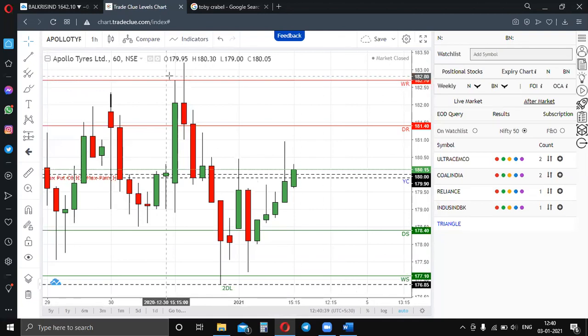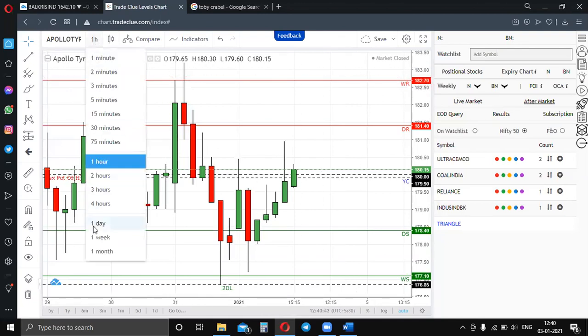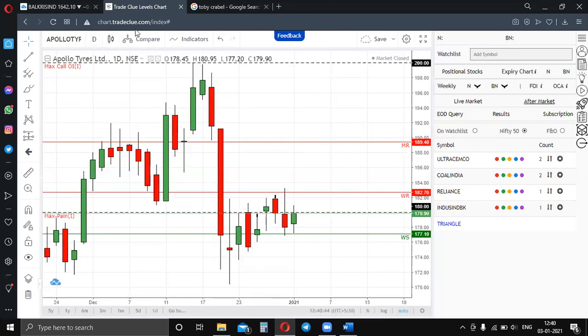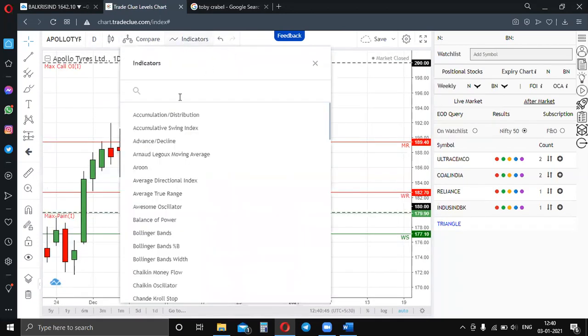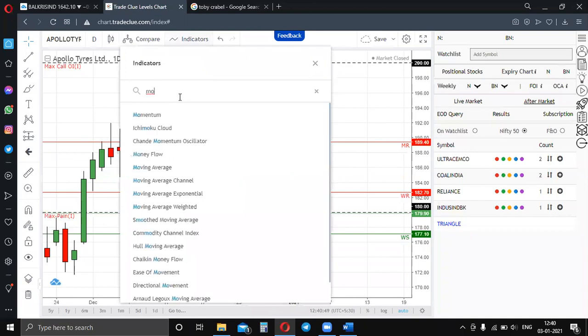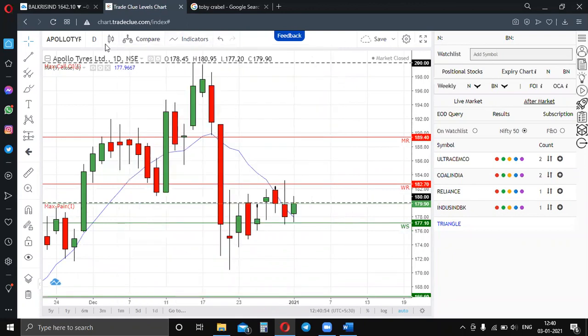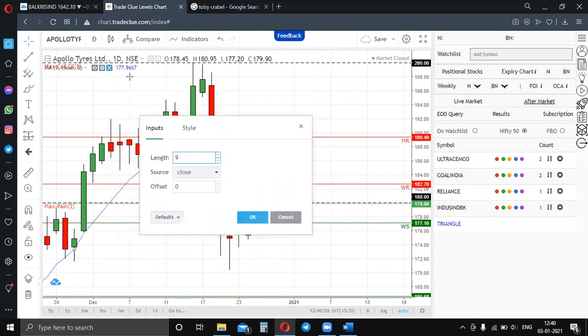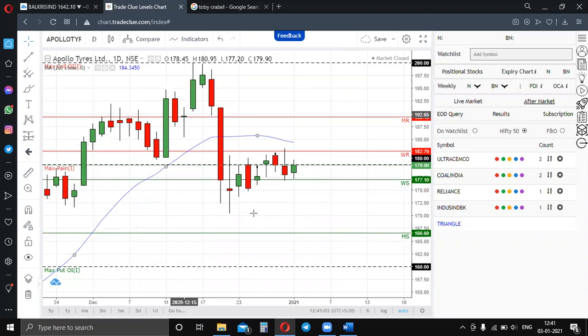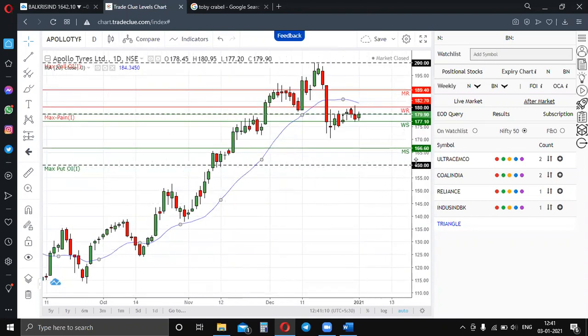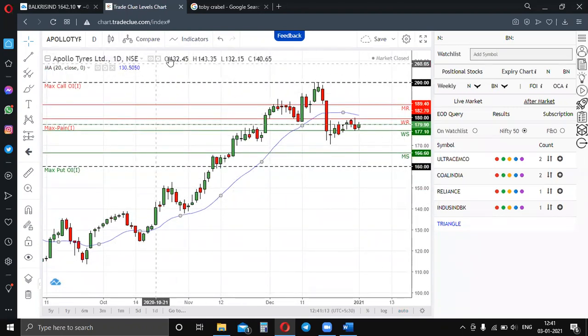Daily chart? See, generally, guys, if you're looking at any time frame along with any particular moving average, I'll tell you one thing. It's not about any particular time frame or any particular moving average. There are some crossovers and cross unders that take place along with two different moving averages. If you're looking at 20 moving average, let me add